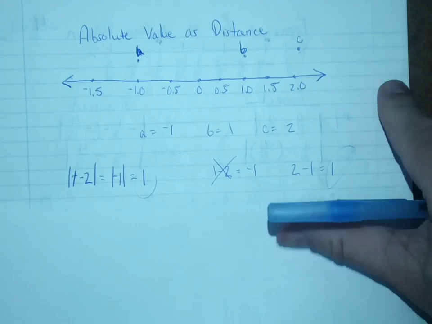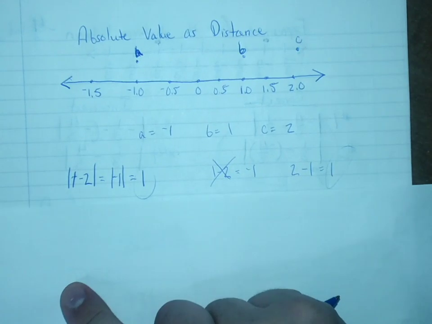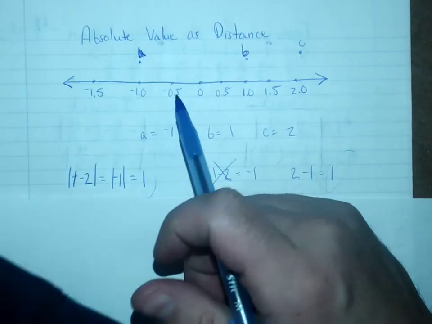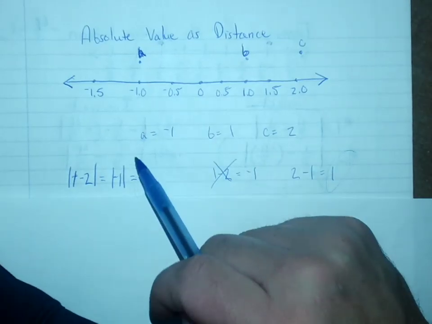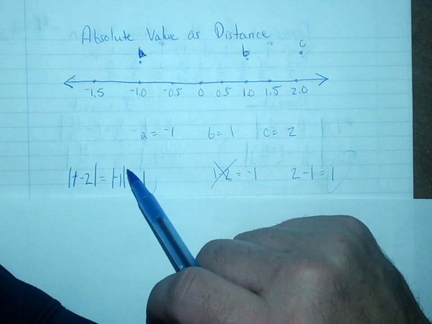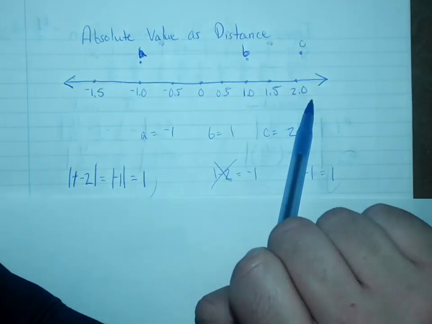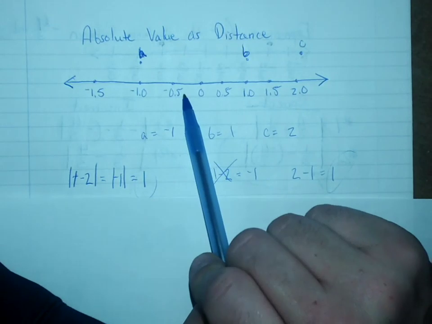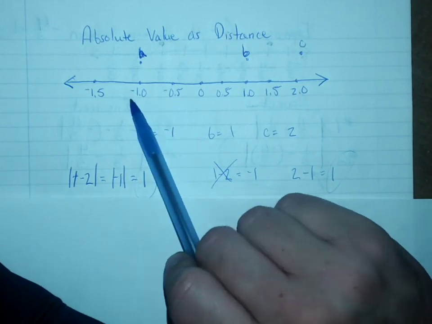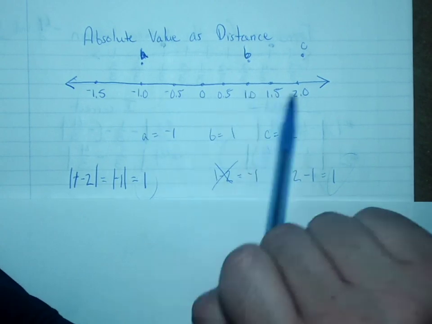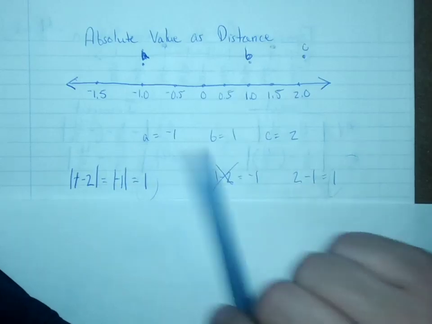Hey, boys and girls, yesterday we just had an introduction to absolute value, and today I wanted to show you some more about absolute value as a distance, and I'm going to show you the CON practice for absolute value as a distance. So I have a number line here. They're going to use a lot of decimals and a lot of fractions on CON to confuse you, but remember they're just numbers, and you have to think about where they are and the rules that we're using to show